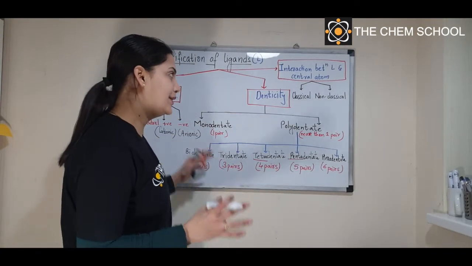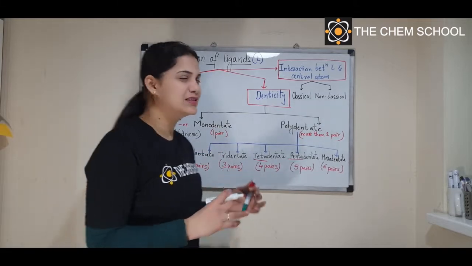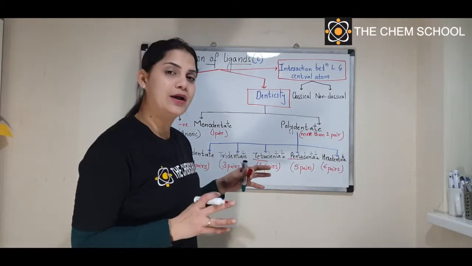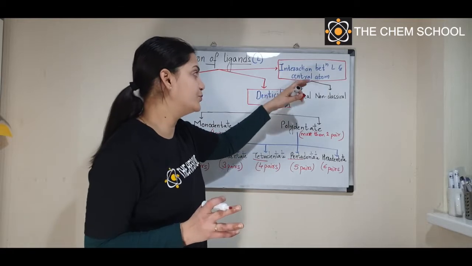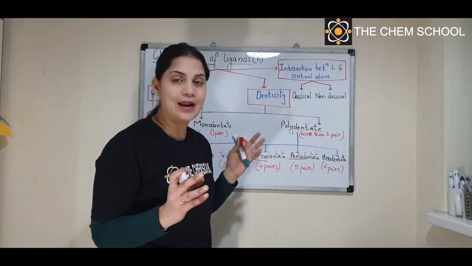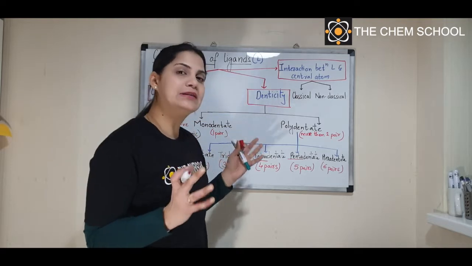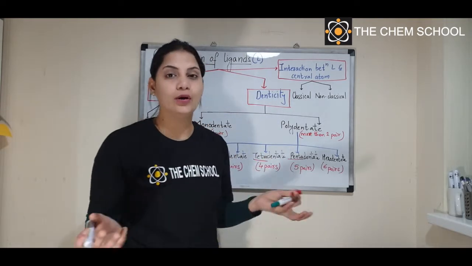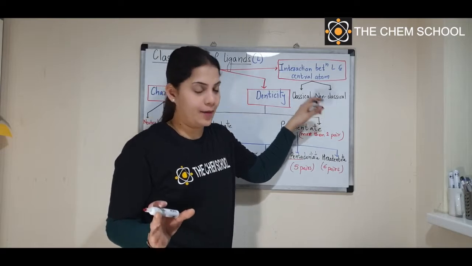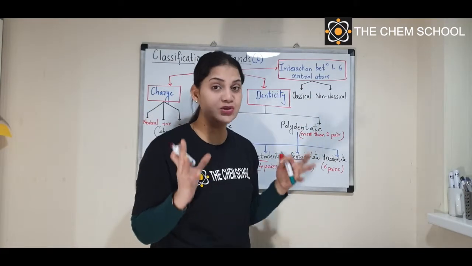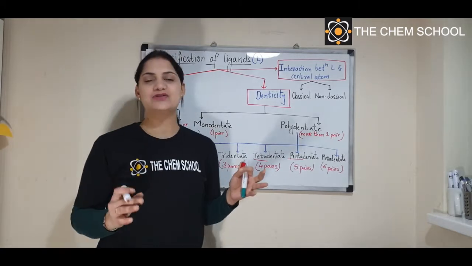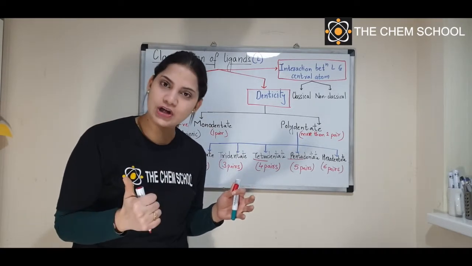Now the next one, the last type. This is very rarely heard, but you should know about it. The last classification is the interaction between the ligand and the central atom. When you have the central atom and the ligand, the interaction can be classical or non-classical. What do you mean by that? We will talk about this in detail later on, but I hope the classification is now very clear. So once again, let's recall this. Ligands can be classified broadly into three types: based on charge, right?